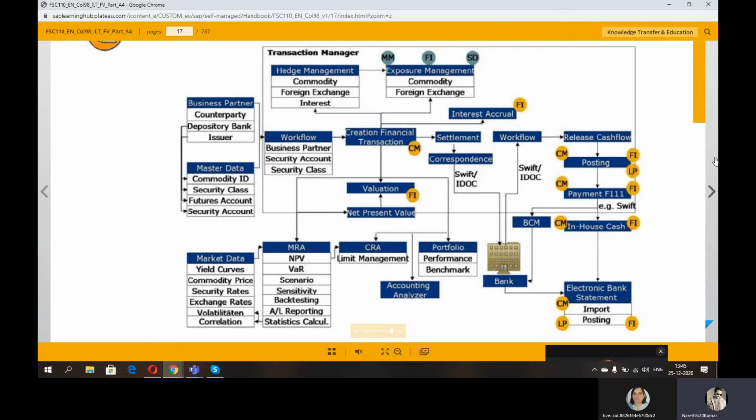From there, it will start with workflow. Workflow based on business partner, security account, and security class. The workflow will be taken. Based on the workflow, the creation of financial transactions will be taken. Based on the creation of financial transaction, we'll be able to see here the cash management. From creation of financial transactions, the flows will be